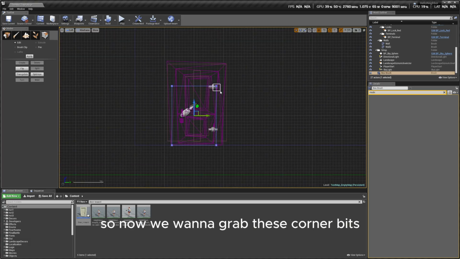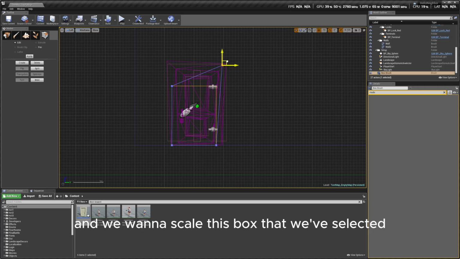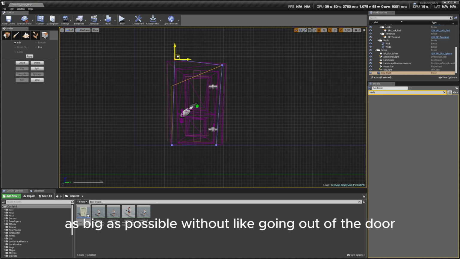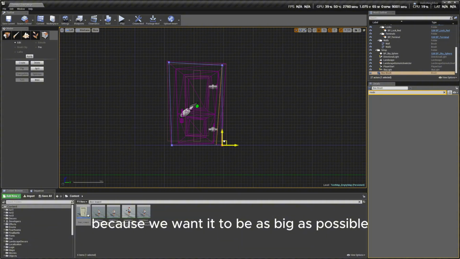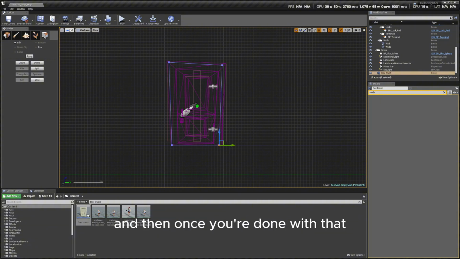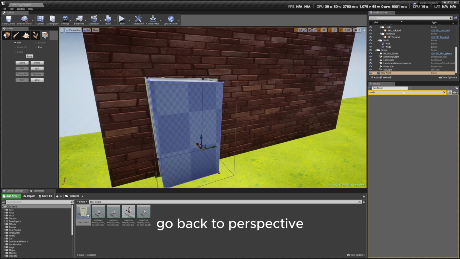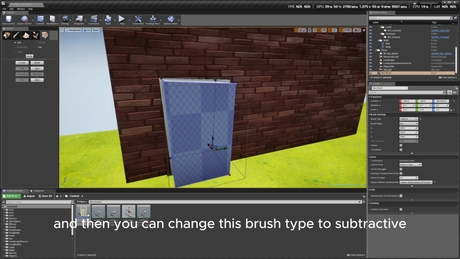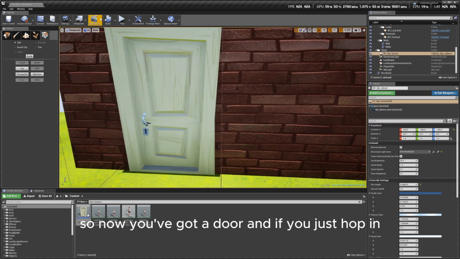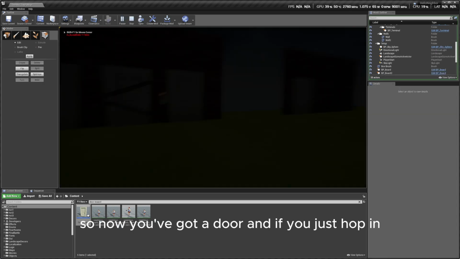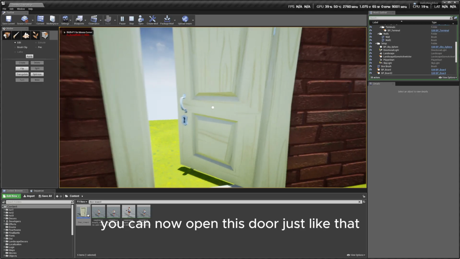Now we want to grab these corner bits and scale this box that we've selected as big as possible without going out of the door, because we want it to be as big as possible so it doesn't get stuck. Once you're done with that, go back to perspective, and change this brush type to subtractive. Now you've got a door, and if you hop in,